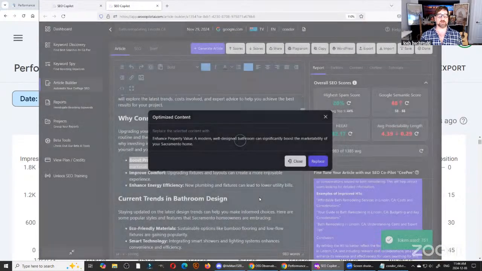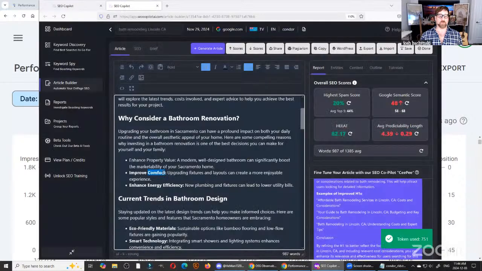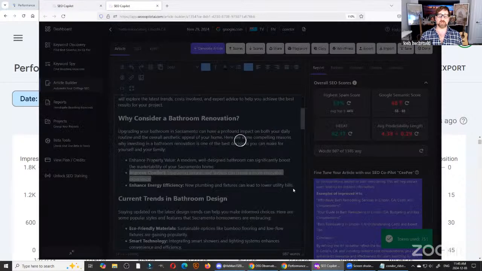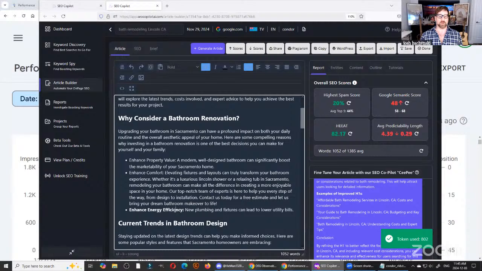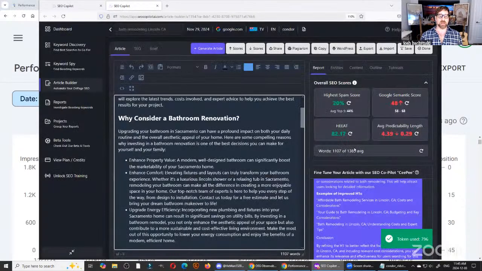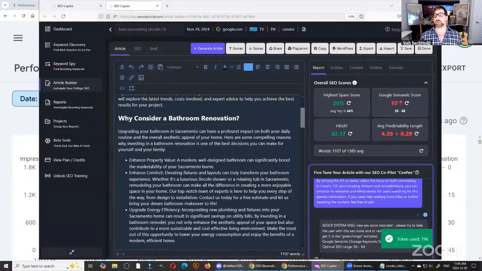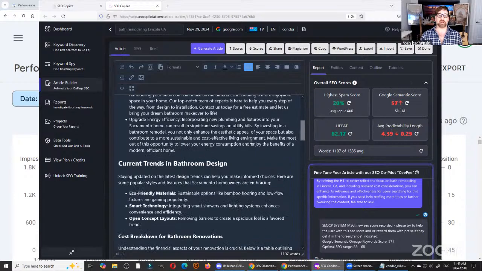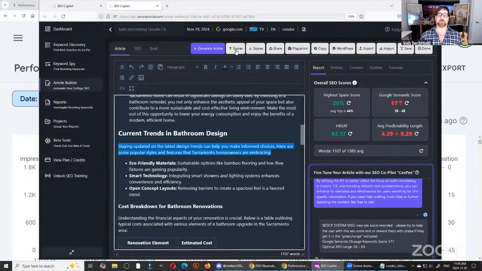Upscore this. Upscore this. Upscore this. And you can see without much work, boom, I'm almost in the green. All I need is just a little bit more content and I will be in the green. I could probably just do this and that will probably get me there.